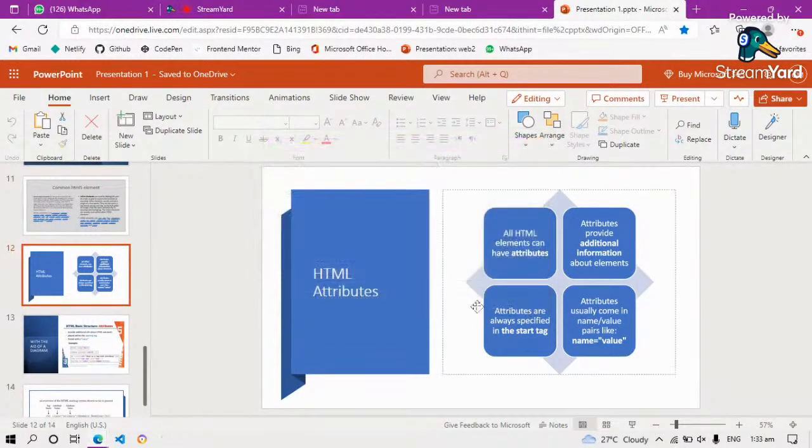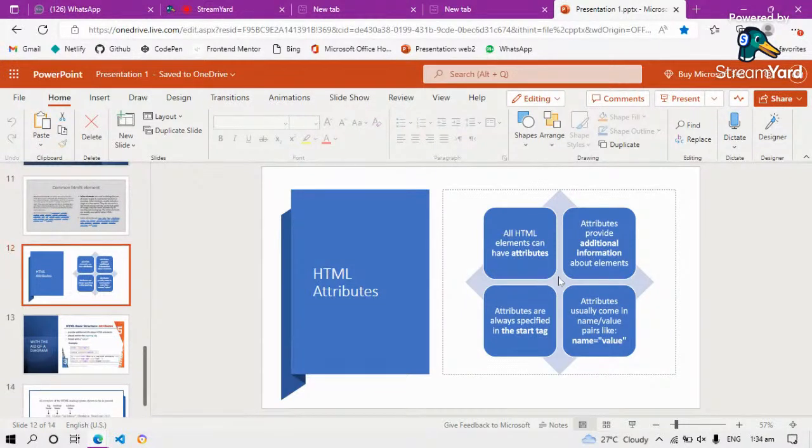Sorry guys. Okay, this is HTML attributes. Sorry, I'm rushing because Emmanuel gave me time, so I have to finish before 9:15. I brought out these four main points so that you understand HTML attributes very well.